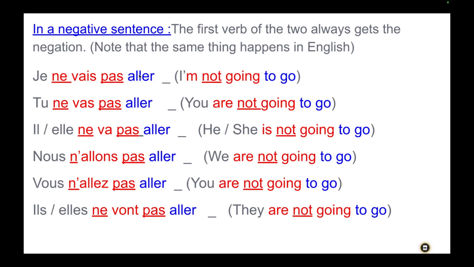And remember that aller, you can replace it with any other verb. The blue color, you can change it with any other verb, as I said, with the verb manger, the verb chanter, the verb danser, and you keep the verb as it is. The only one that you conjugate when you're doing the future is the verb aller in present tense. So yeah, that's